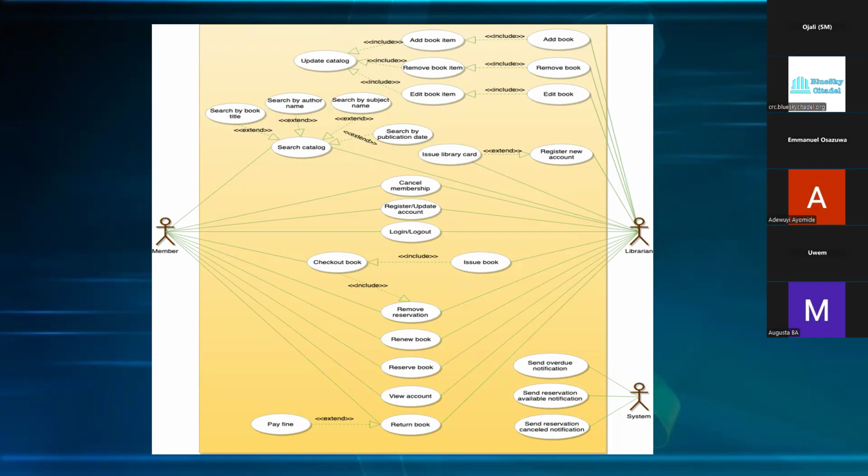Then they can question you. They can tell you, why do you want to have pay a fine? We don't want our members to pay fine. You can tell them, oh, this is a requirement from the chief librarian, and they would have told you why. Maybe so that members will not keep books for long. If you keep the book for long, then you definitely have to pay a fine. If you don't return it when due, you pay a fine. Does it make sense? Yeah, it does. Thank you very much. So with this, you can interact with your stakeholders,